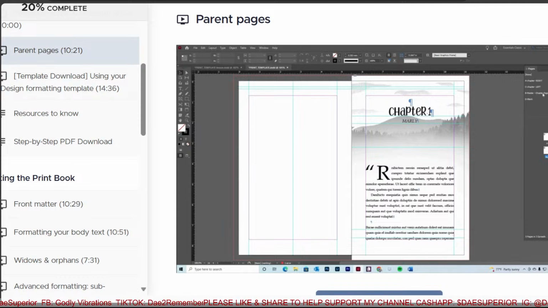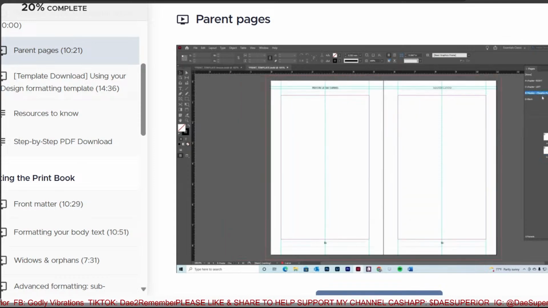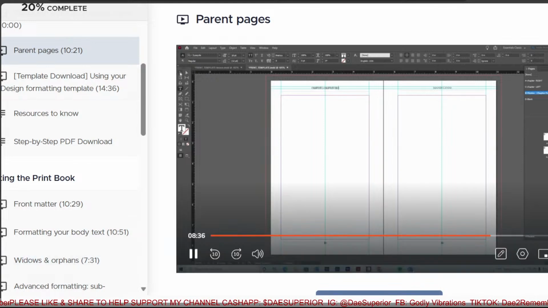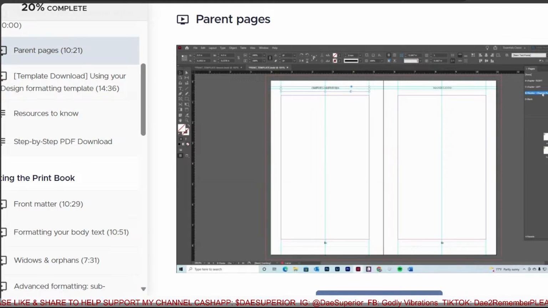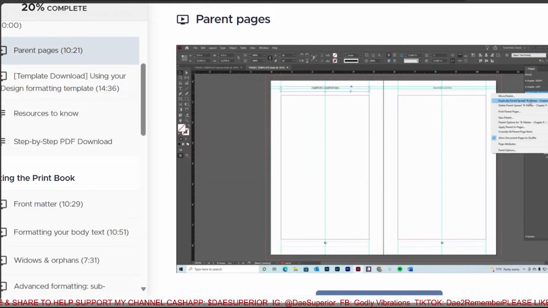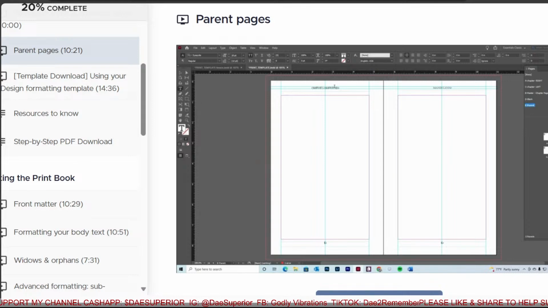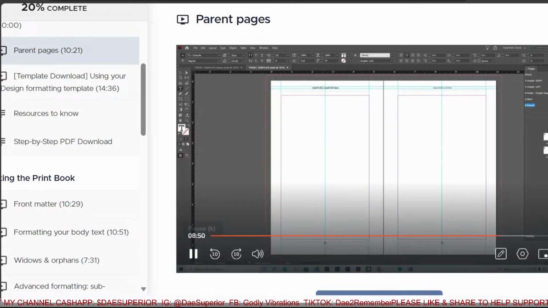And if you wanted to, like I said, if we are doing a nonfiction book and instead of the book title we want the chapters, we could go ahead and change this to like chapter 1 and then whatever the chapter title is. We could do that, and then what you basically want to do is right click and then hit duplicate spread, and we have the spread duplicated right here. We have it open, and we are going to change this to chapter 2, and then you'd also change whatever the